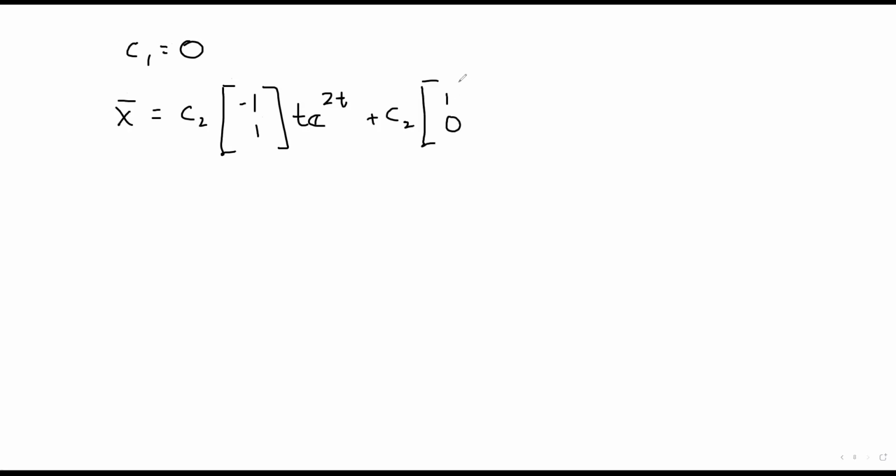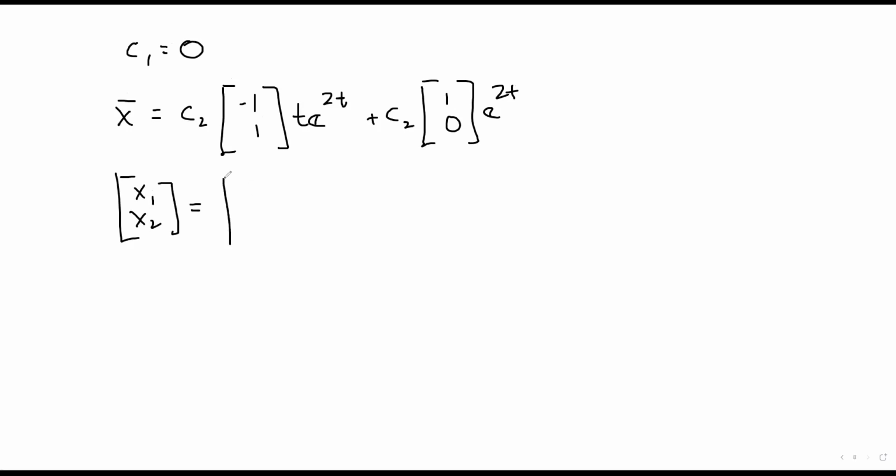We're going to say, all right, let's set C1 equals 0. If we do C1 equals 0, we're going to get x equals C2 times negative 1, 1, t e to the 2t, and then another C2. So I'm distributing the C2 here just to kind of speed things up. 1, 0, e to the 2t. And so this is going to give us x1, x2